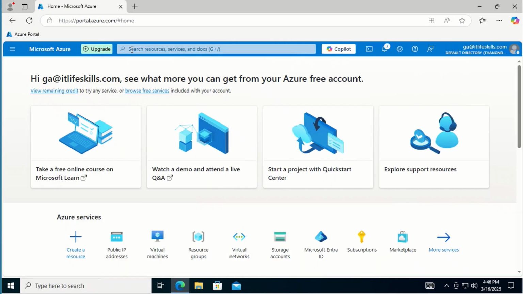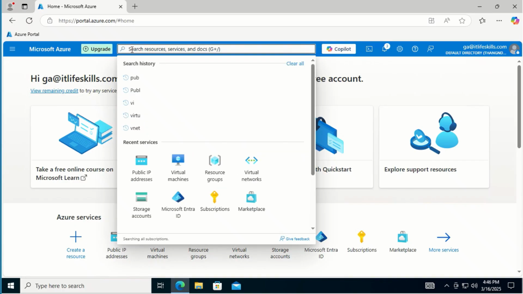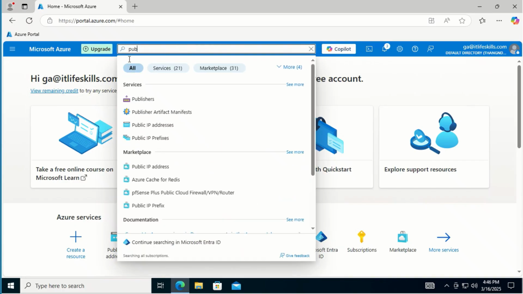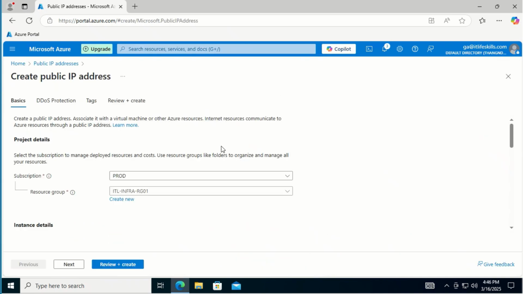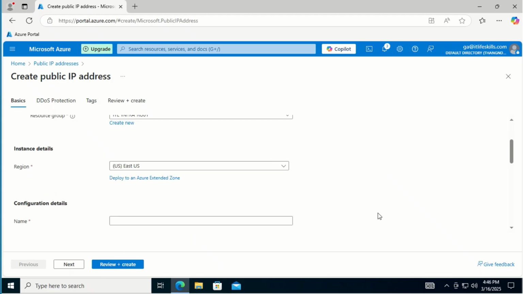Let's create a dynamic public IP address. To do that, in the search box, we type in pub, then select public IP addresses, then click on Create. In the resource group, we keep the same resource group, ITL-infra-RG01. Let's scroll down. In the region, we keep the East US region, and in the name, we type in